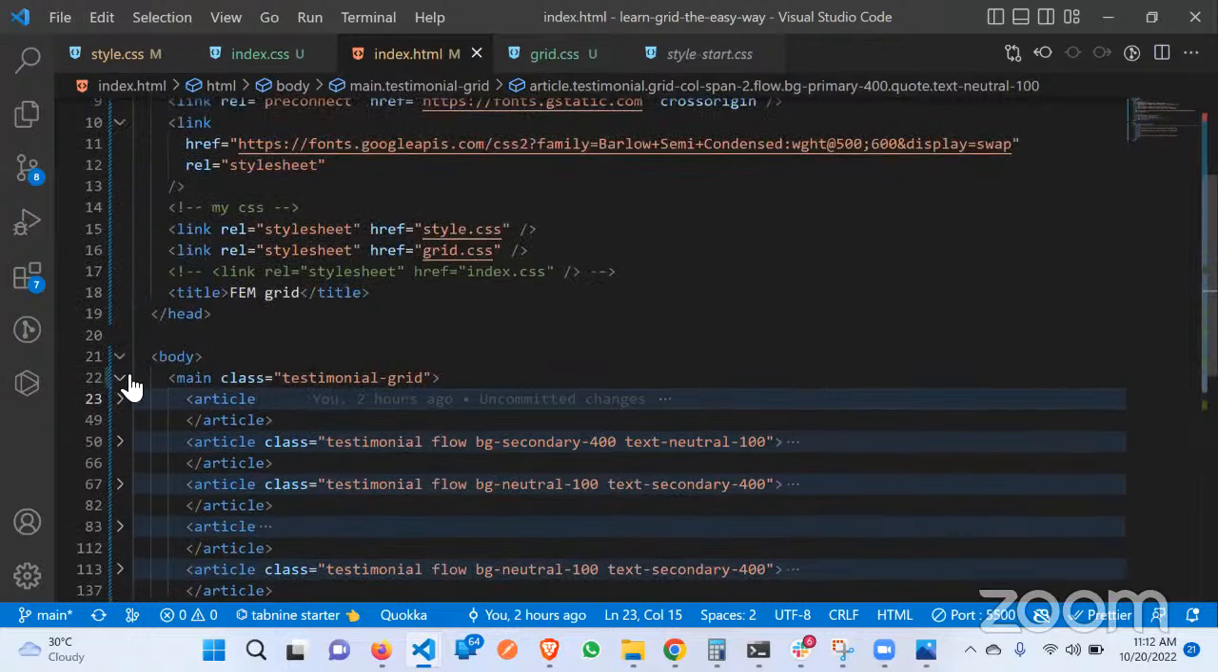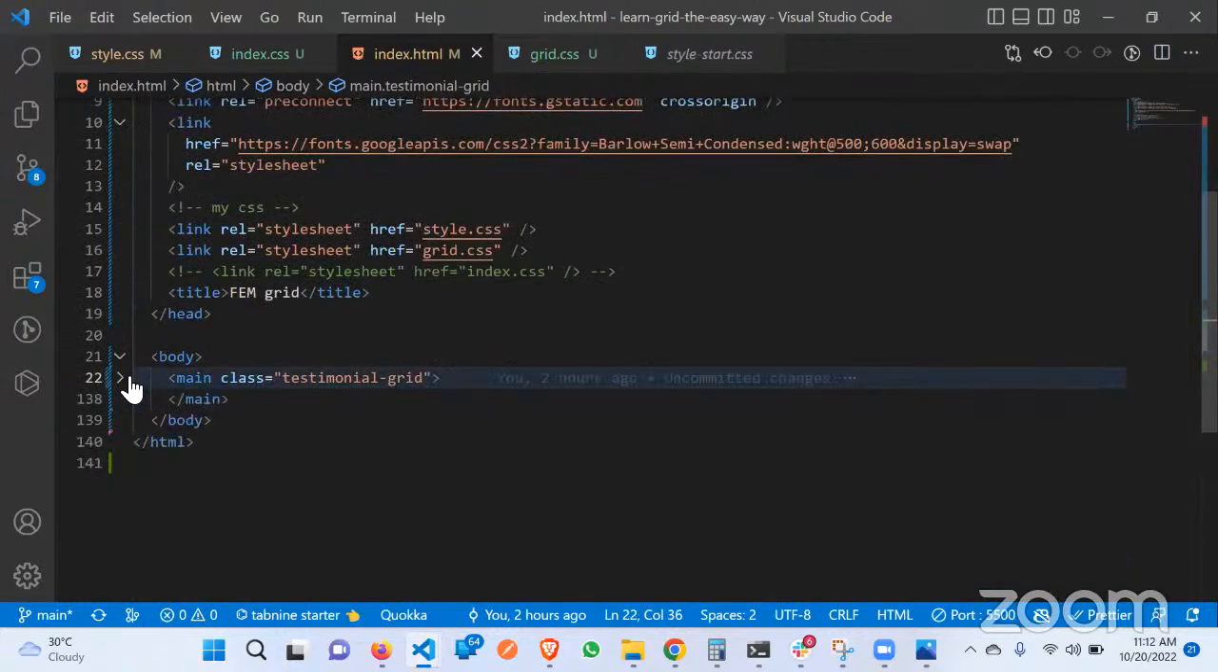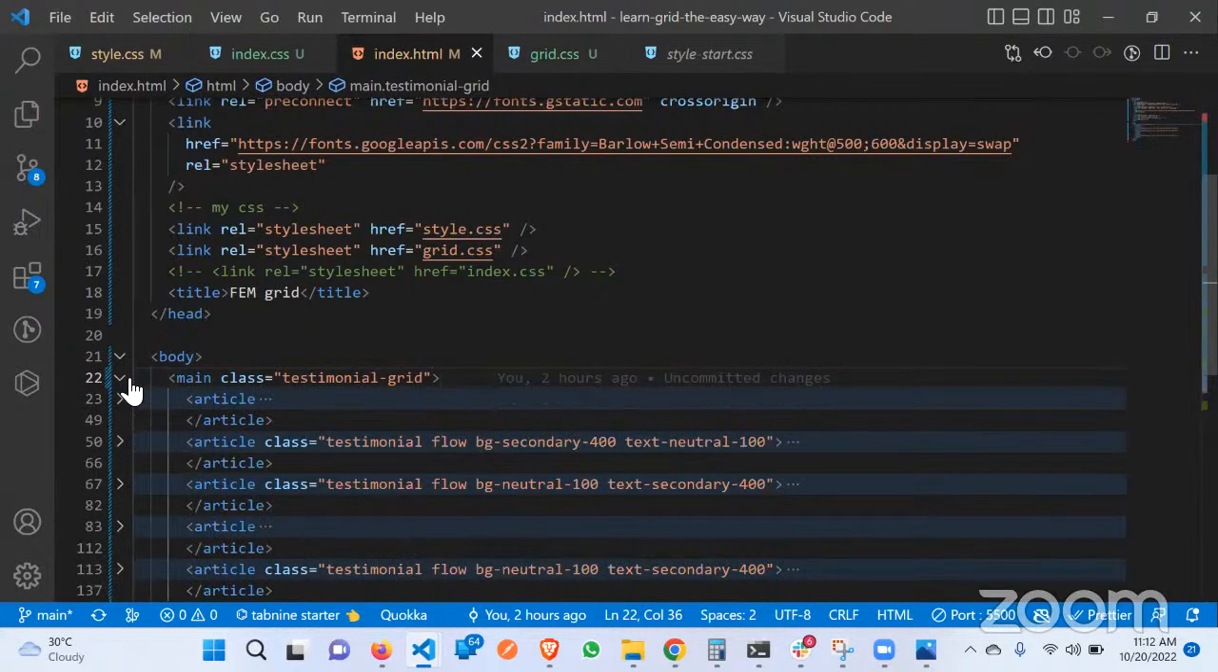So inside main, this is really semantic because as they have said, make sure you're only having one main element in your project, especially in a page. You should have one main. That's just the best way. Okay, so we have this. Our main here is the container for